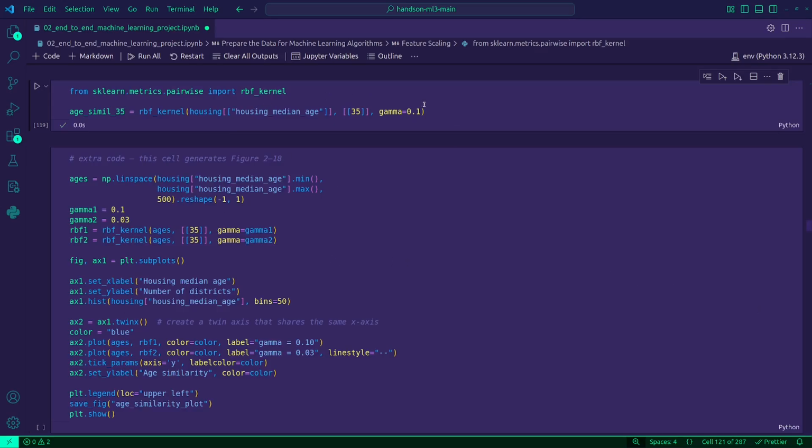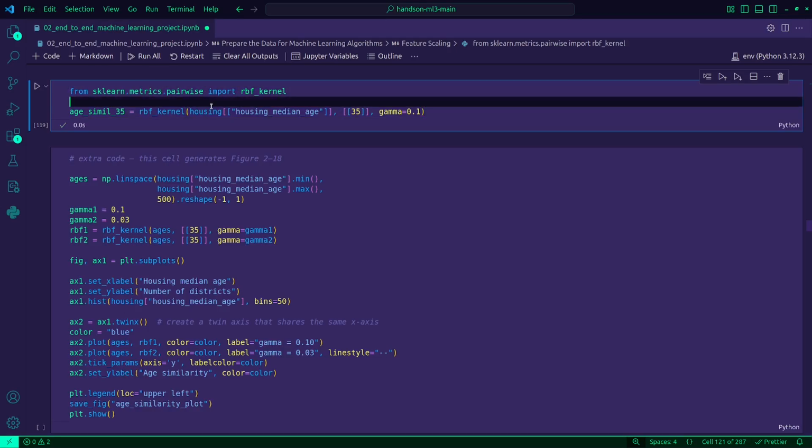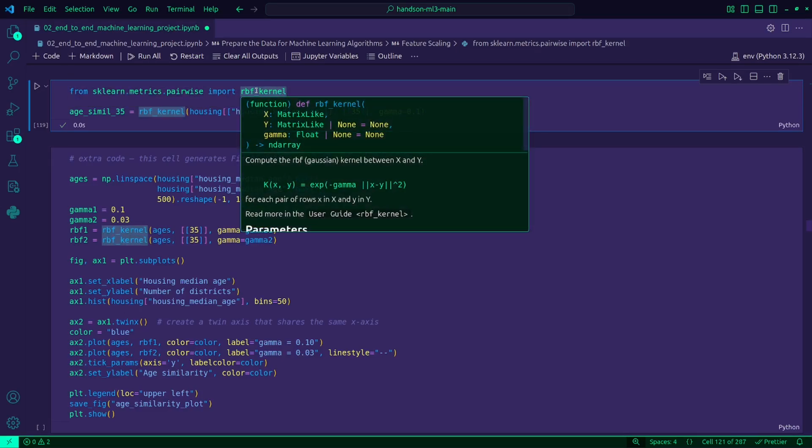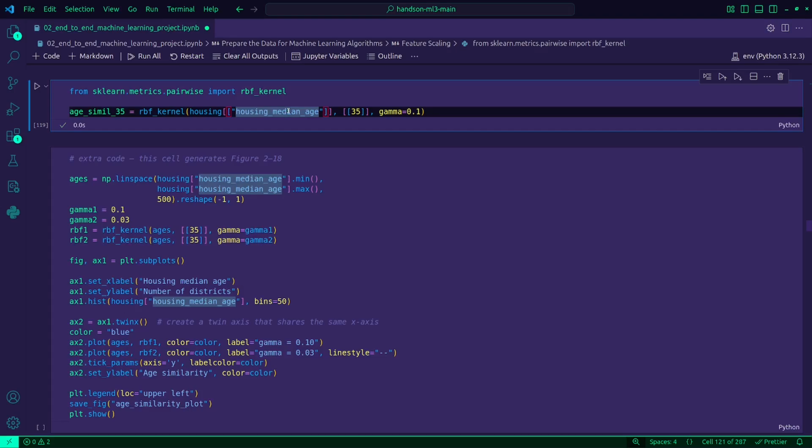We have here this interesting piece of code. In short, it computes a similarity score between each district's housing median age and the value 35 using something called RBF, or radial basis function kernel, or more specifically the Gaussian kernel.